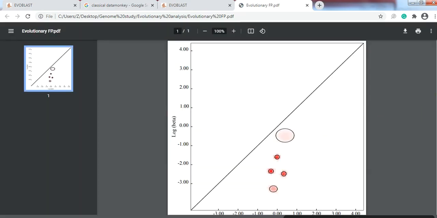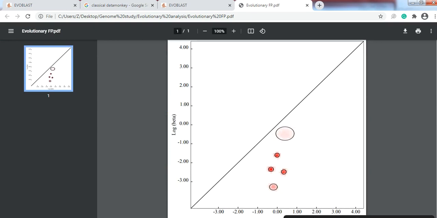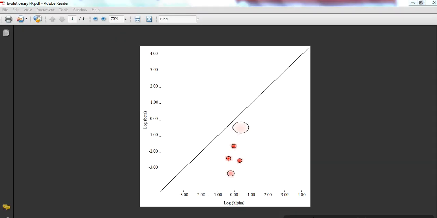Here you can see that this plot you have downloaded. Now you can copy it and paste it wherever you keep your figures, like I am doing. As it is in a PDF file, you can make it into a TIFF or JPG or PNG file using different tools like Adobe Illustrator or Paint, etc., whatever you have the expertise in.